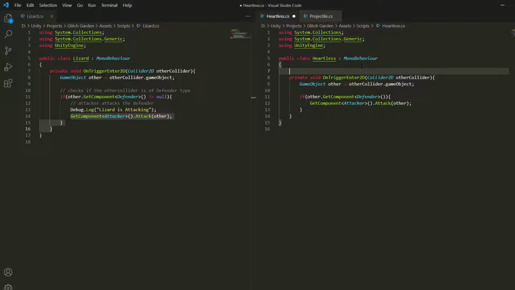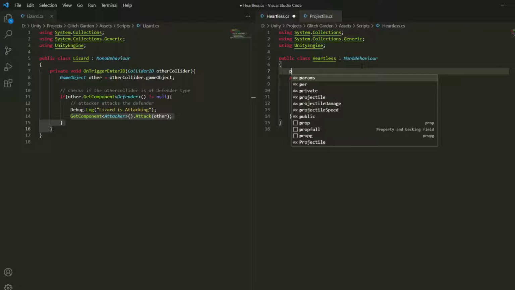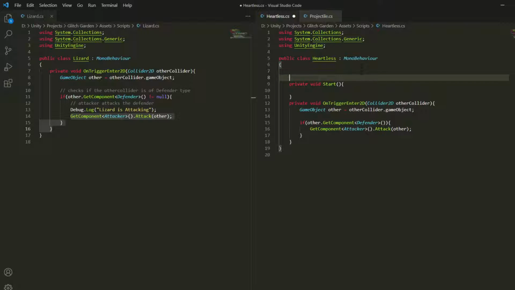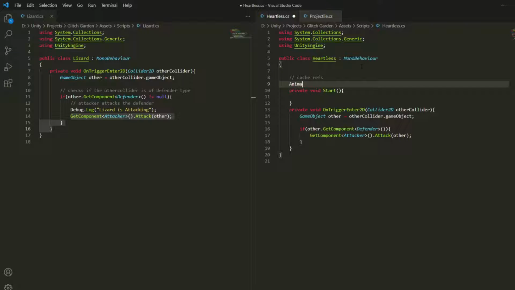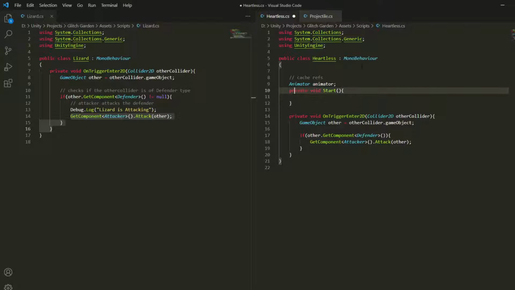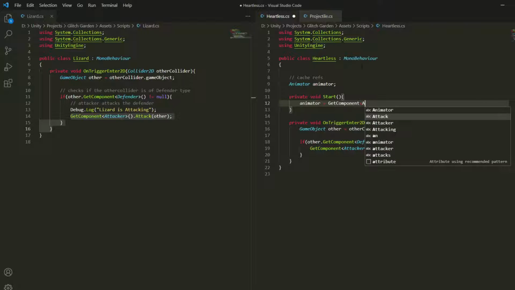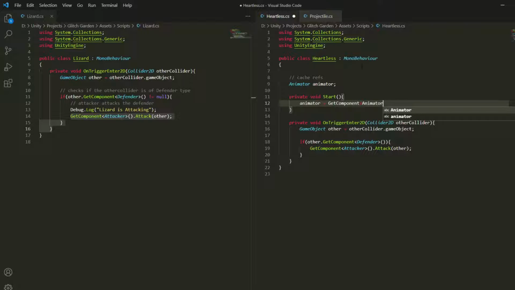And yeah, so we probably have to get the animator. So we might need void Start. Have a cache refs. We'll have animator, and then we'll have animator equals GetComponent Animator, and then